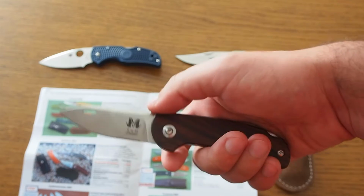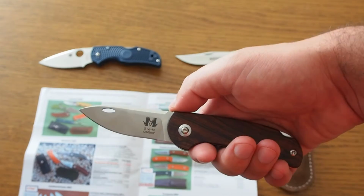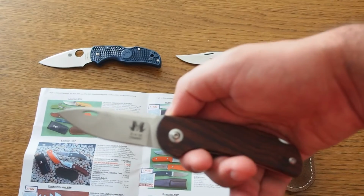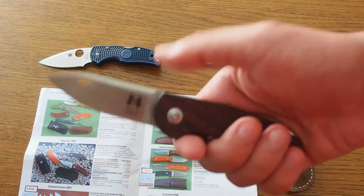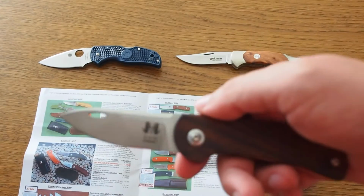But this high wear resistance comes only into play when it's hardened at higher HRC values. So I don't know exactly what, but beyond 60 HRC at least. So this is at 58. Why is that? Well, I have